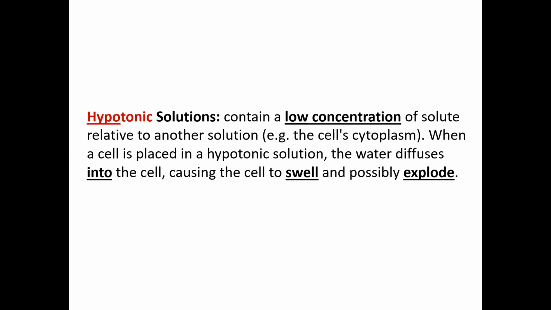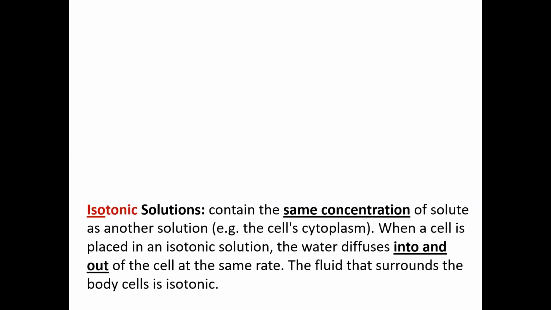Okay, same over here. The water molecules are lower inside the cells. So that means it is a hypotonic condition. And in that case, cells swell, and sometimes it is possible for the cells to burst. And the third condition is known as the isotonic condition. In the isotonic condition, the concentration is the same outside the cell as well as inside the cell. That means on both sides the solute concentrations are the same. That means in that condition, water can easily diffuse into and out of the cells.